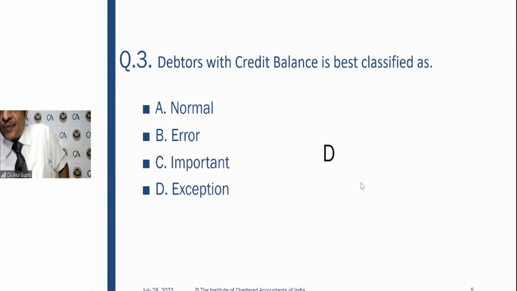It can happen. I told you, we talked about a company that has a monopoly product. The company has a policy that they will only supply on advance payment. So if advance payment is my policy, my debtor is going to have a credit balance. See, the core of the discussion is that whenever you talk of a system, your understanding of business